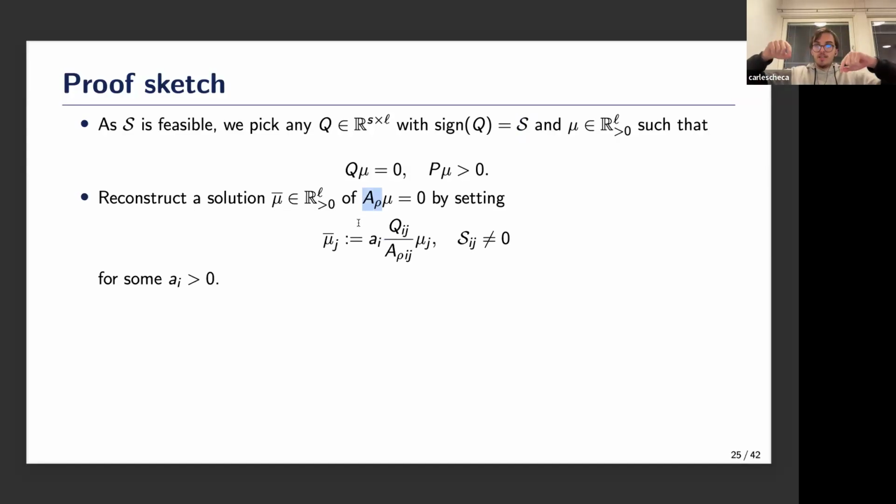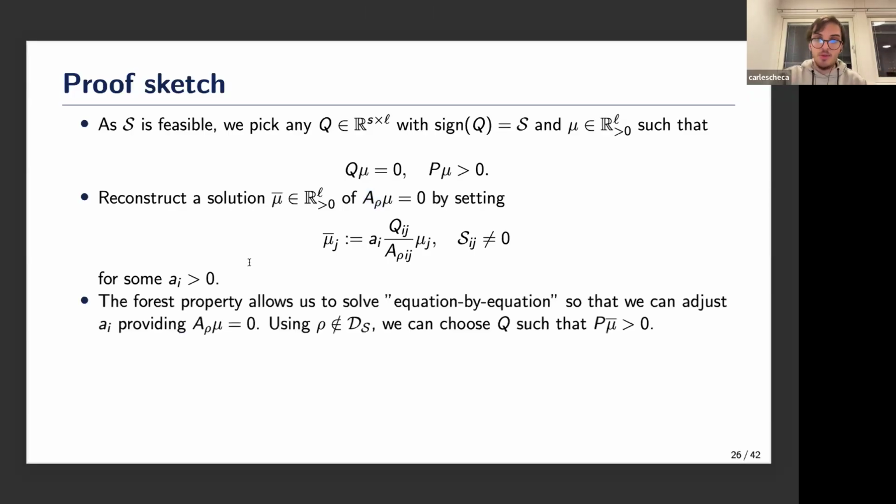And what we are doing is going equation by equation in this setting and modifying the solution mu such that it is still positive and it is now a solution of the corresponding system A mu equals rho. Of course, if you do this in general, then when you go to the following equation of the system, this will not work. The modification will be different and you will never be able to recover a global solution for all the linear equations. However, with this assumption that P induces a forest, which imposes high sparsity on the matrix A rho and on the matrix Q,